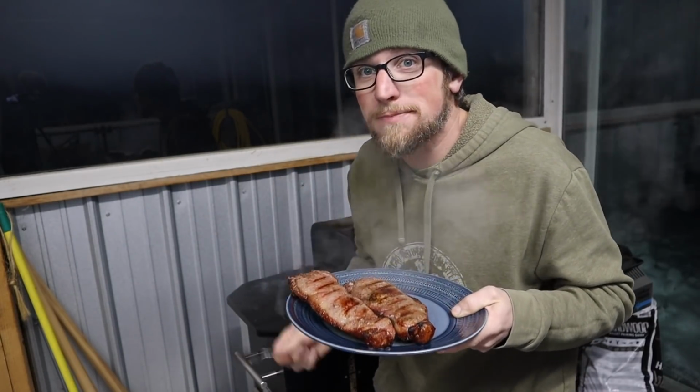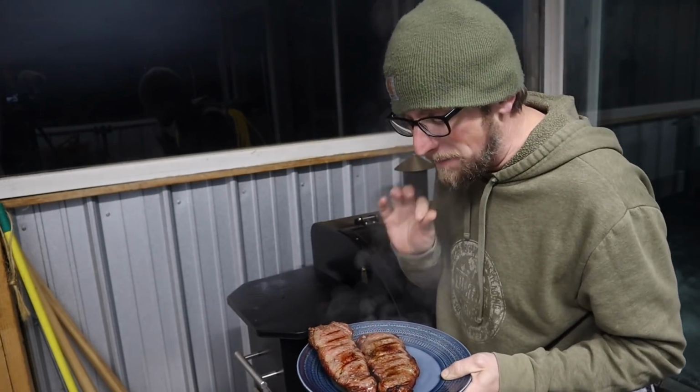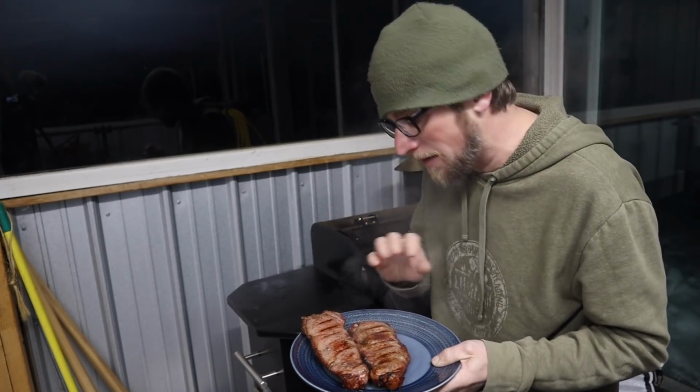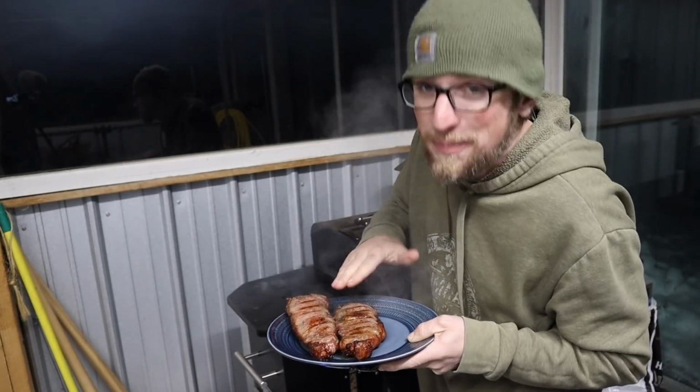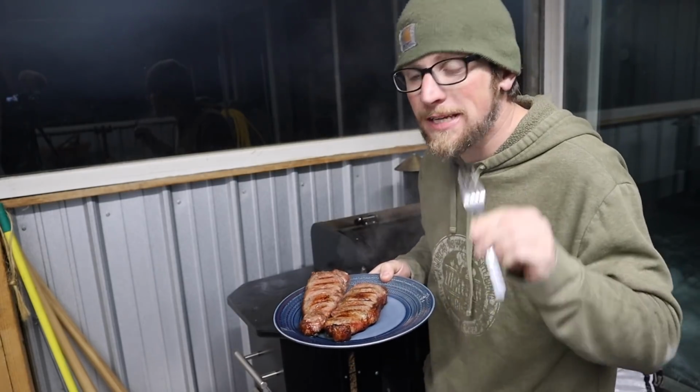If you guys could smell these, I put just a little bit of salt, pepper, onion powder, and garlic powder on each side, and then just give them a little tippity tap, and it's just all you need for seasoning